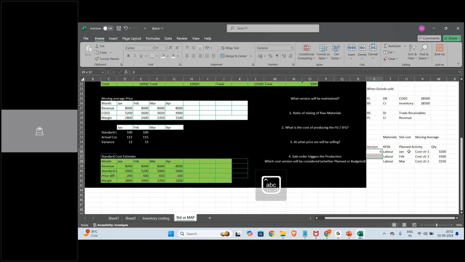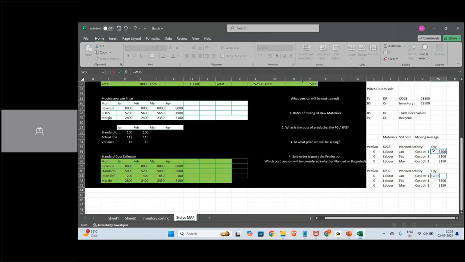Okay, right. Now let us look at the other thing. You also maintained this quantity there, right? Now in KP06, you will maintain for these same things. You will maintain the cost. Let's say you maintain 9 into some 100. I'll make it some 250 or something, into 250. Something like this you have maintained: 8 lakh, 8 lakh 25,000, 7 lakh 87,500 you have maintained. What is this? This is the planned cost, right?